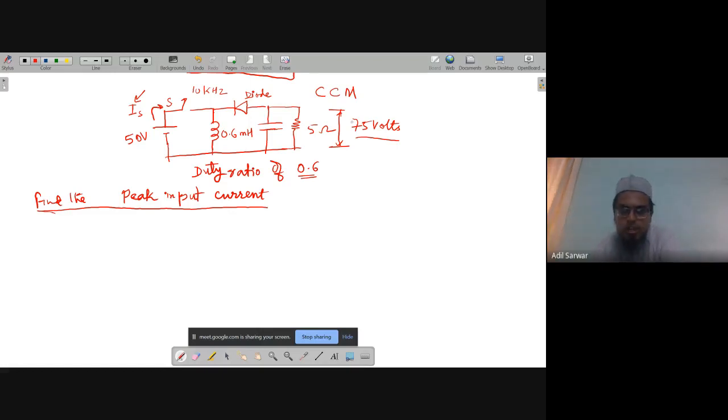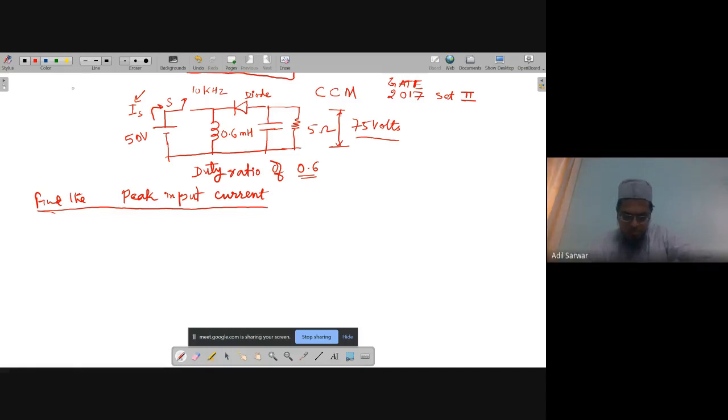So let us now try to solve it. This question was asked also in 2017 in GATE, and it was in set 2. The first question was in set 1 and this question was in set 2. Okay. So let us try to solve it.